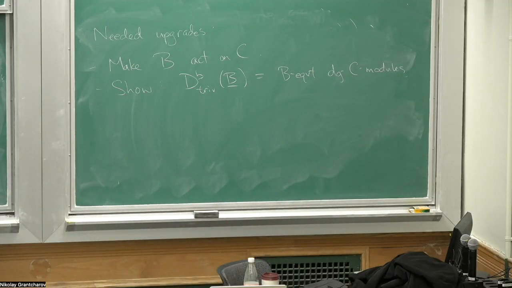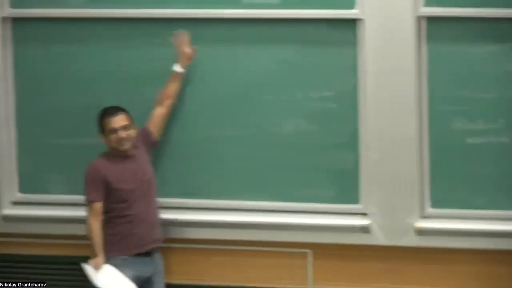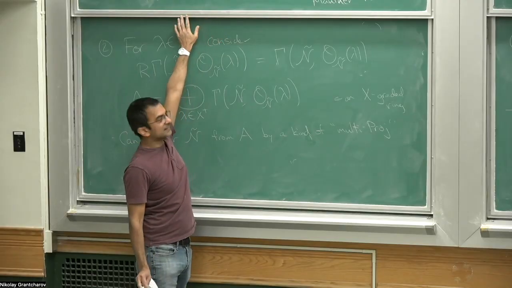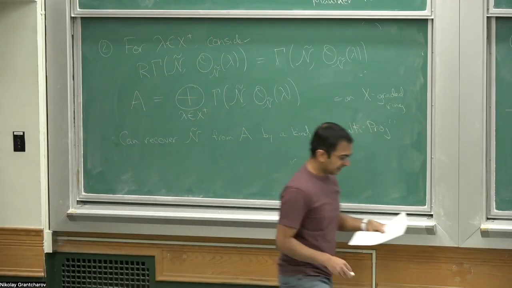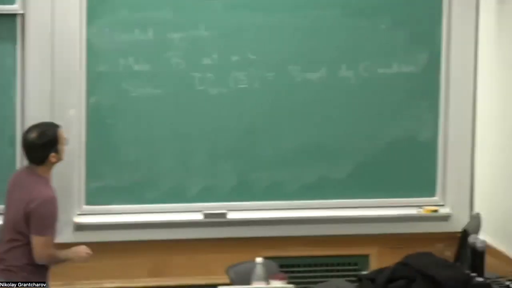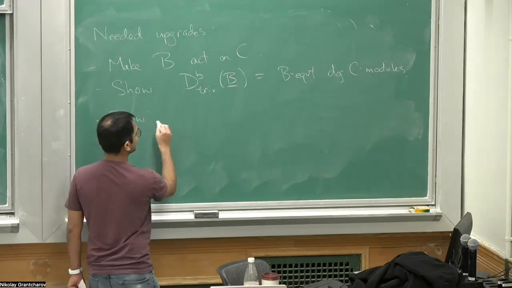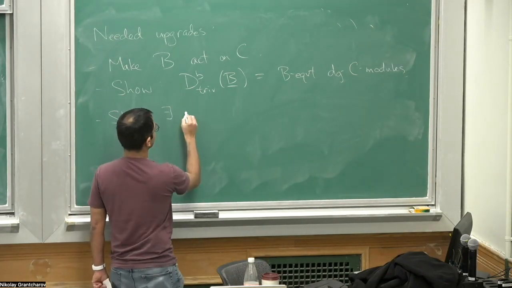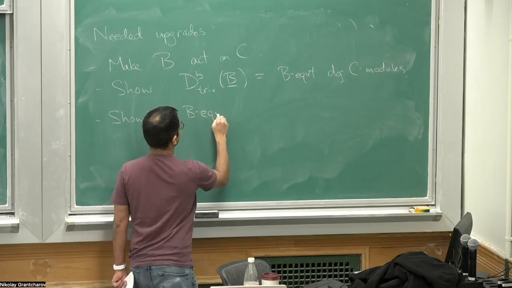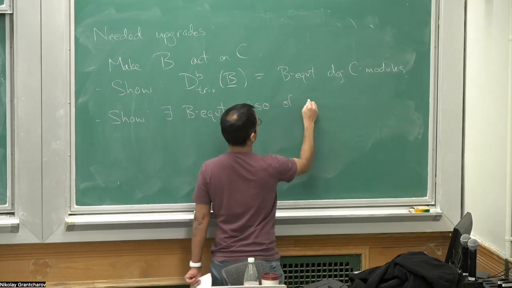So currently the goal we're working on is defining this functor number 3, and I haven't said anything about that yet. I'm just stuck on giving you alternative descriptions of the category in the second spot there. But then the last upgrade is to show that there exists a B equivariant quasi-isomorphism of DG rings